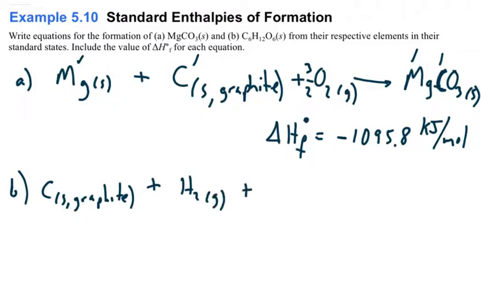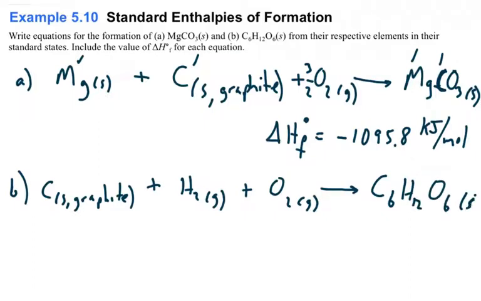And the third and final element is oxygen, which is also diatomic and a gas. And then what we do is we're going to set that equal to 1 mole of glucose, which is a solid. Now remember, we cannot touch the right side. It's already 1 mole. So what we must do is, in order to make the left side equal to the right,